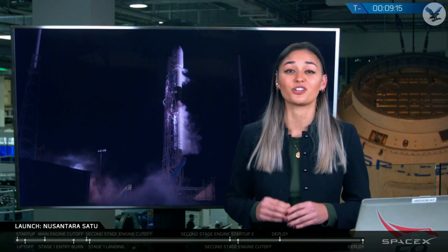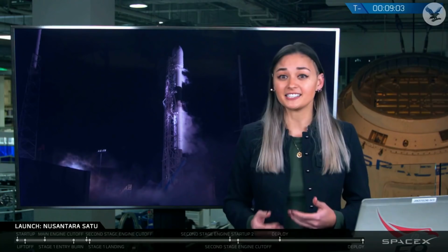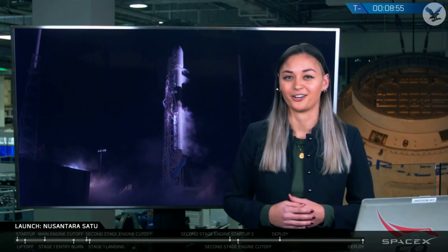Now, above the first stage is the second stage right here, which has a single Merlin vacuum or MVAC engine, which ignites after the first stage separates. The second stage is what will bring the Nusantara Sat-2 satellite to geostationary transfer orbit, or what we like to call GTO. And speaking of the satellite, it is safely enclosed inside of the